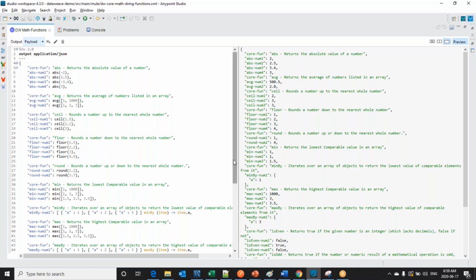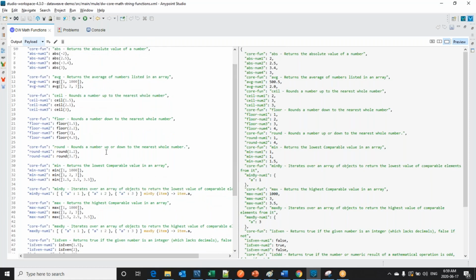In a similar way, round. Round will give us either up or down to the nearest whole number. So for 1.2, what would be the nearest number? It would be down, not up, that is 1. If I have 3.7, what would be the nearest number? It would be up to 4, not 3.